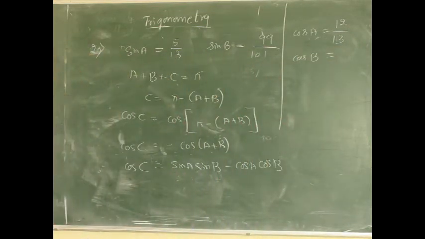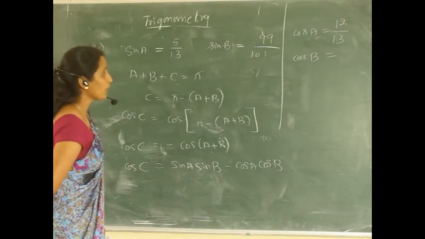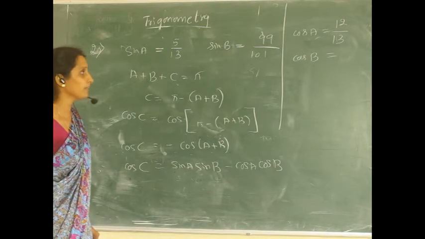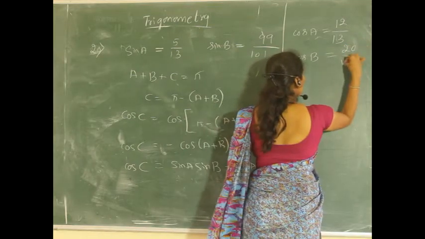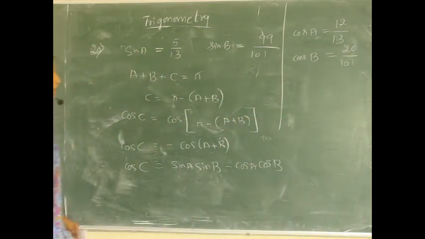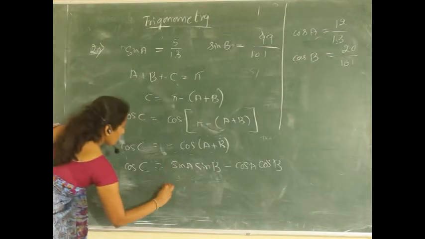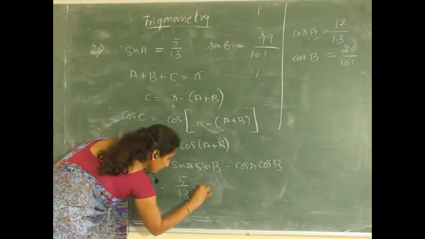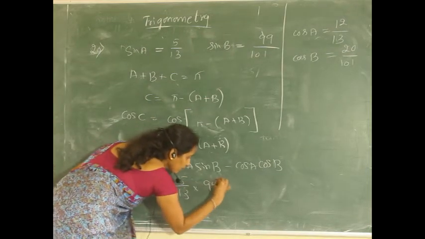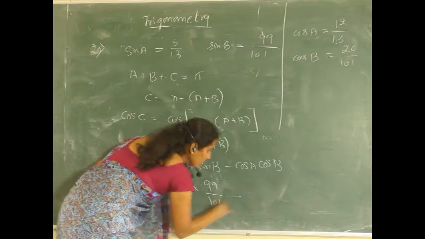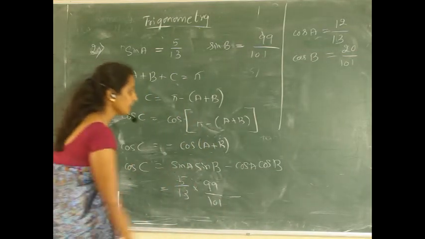And sin B is 99 by 101, again opposite side by hypotenuse. So the Pythagorean triplet is 99, 101 and 20. Therefore cos B will be 20 by 101. So we got the values of cos A and cos B. Therefore substitute all the values: 5 by 13 into 99 by 101 minus 12 by 13